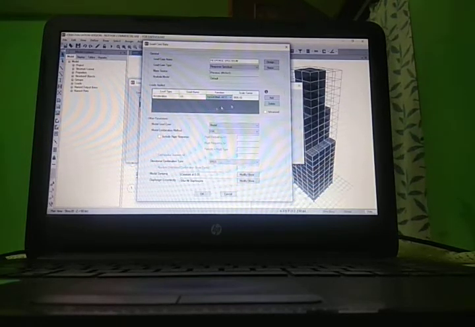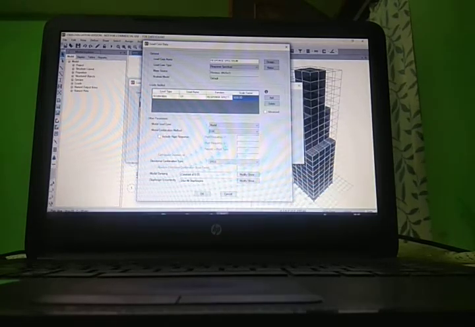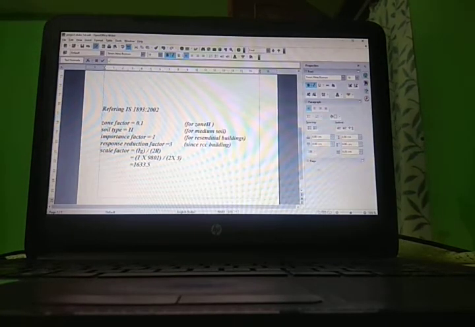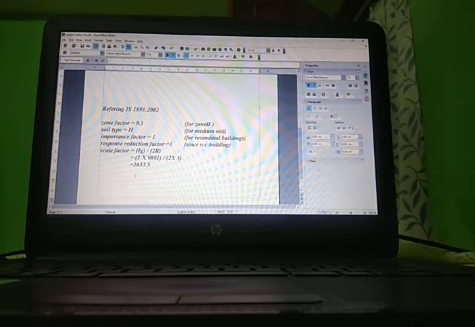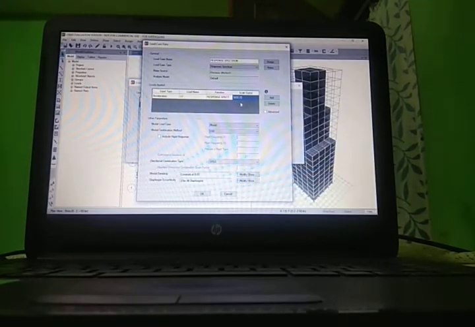We'll be changing it to response spectrum, and the value after calculating the acceleration, we get the scale factor equal to Ig by 2R, which will be coming 163.1633.5. So putting the values in the ETABS software,